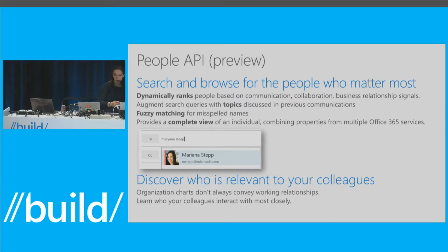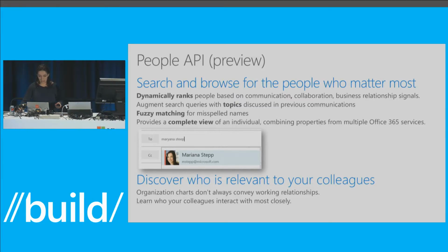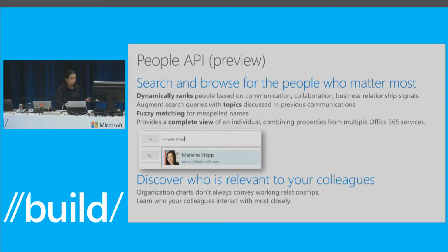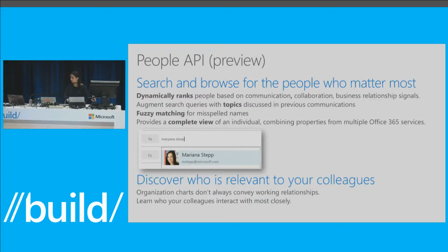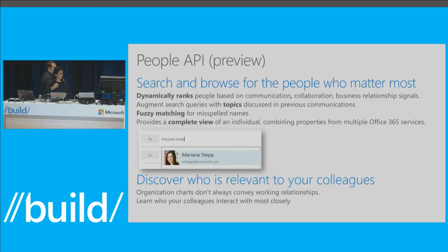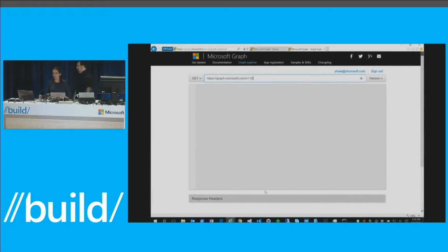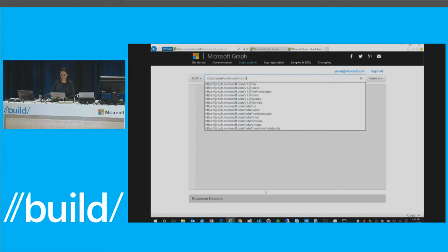I'm going to go to the Graph Explorer and show a couple of things that I didn't show this morning. Can you help me switch this one to here? Number 7. Great. So here, I'm logged in with my corporate credentials, ina@microsoft.com. And when I go to the People endpoint, which is actually in beta,